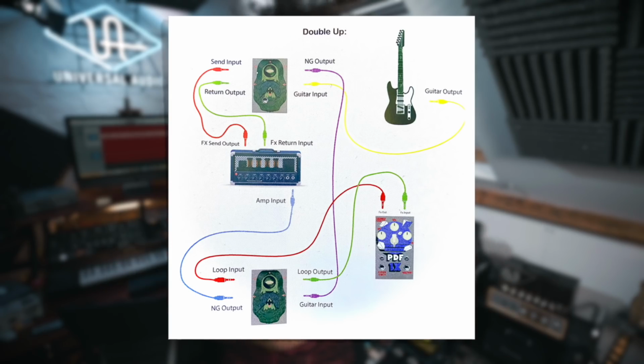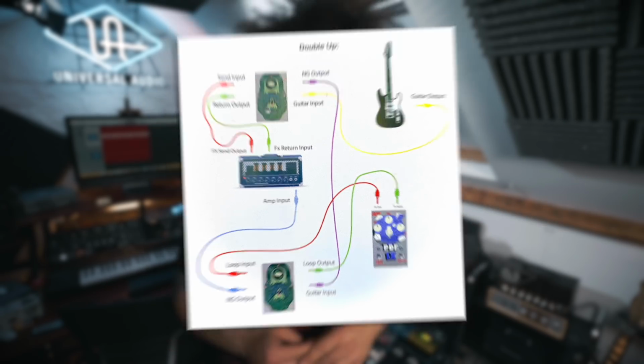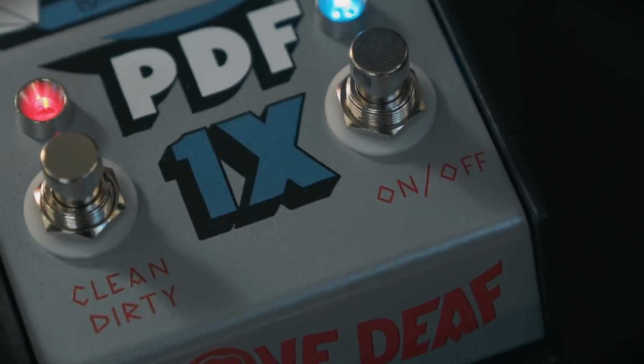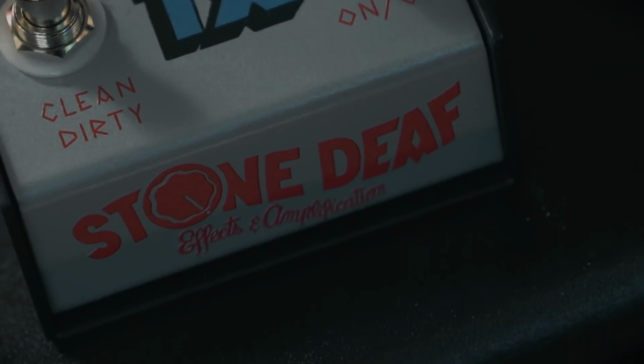And I just followed that exactly as it shows in the instruction manual. However, I added the Keeley Echoes to my chain so that I had some delay in the loop. The purpose is that I can then run something like the PDF-1X or any of my fuzzes into my Kraken with all of that gain, and you'll be able to get rid of that unwanted oscillation and noise from your rig,